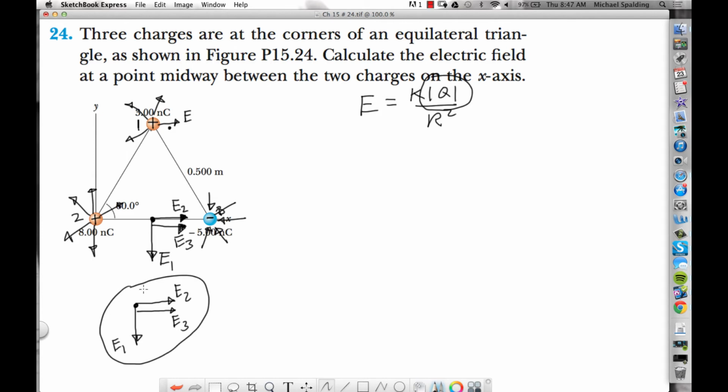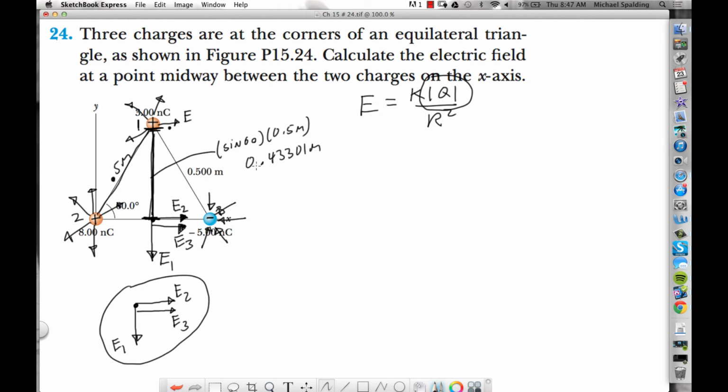The next step is to calculate what each of these electric fields are. We're going to need some distances. For example, we need to solve for the distance from charge 1 down to the point we're focusing on. How do we get that? It's an equilateral triangle, so this hypotenuse is 0.5. We have the angle, so this distance is going to be sine 60 times 0.5 meters, which comes out as 0.43301